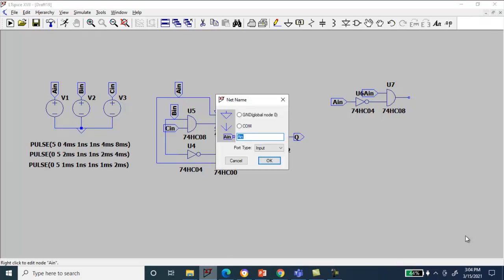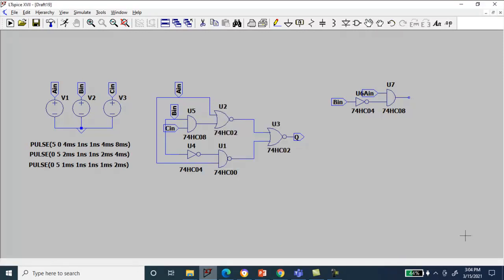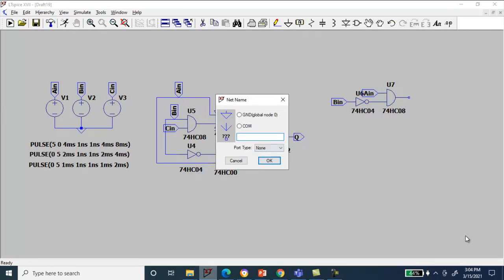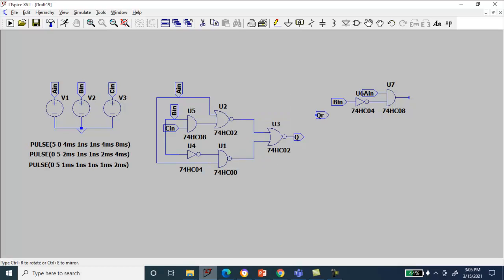This is A B bar, so B in, and click for the output label net. Let it be Q reduced, so the output, click OK, connect it here, let's escape.